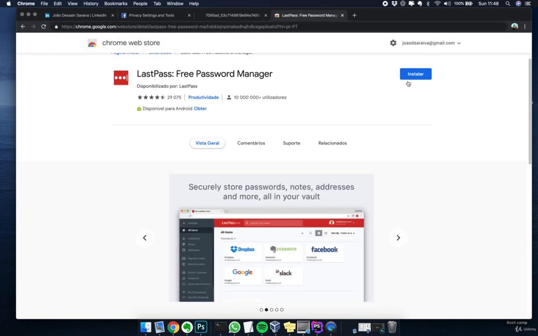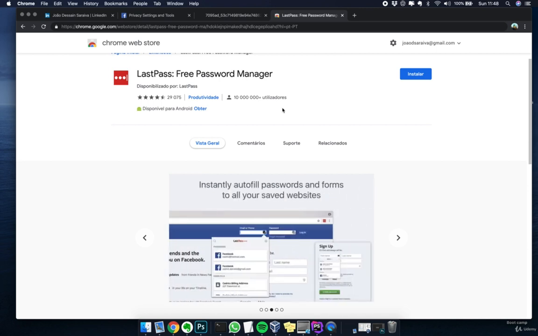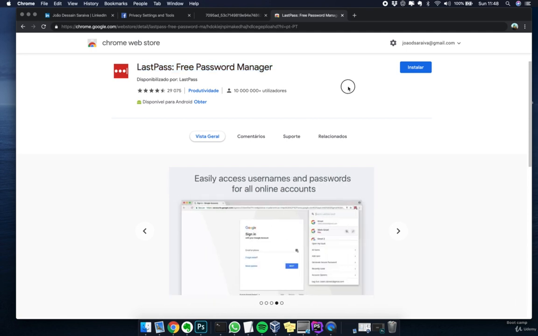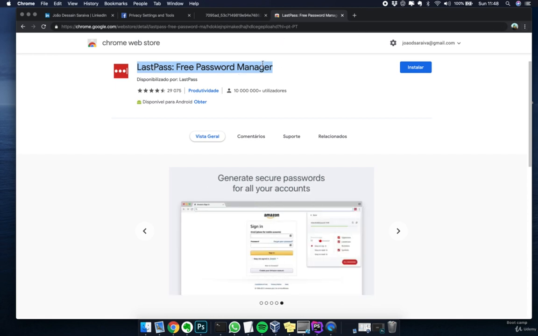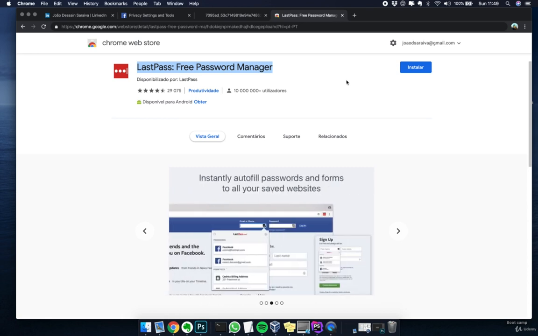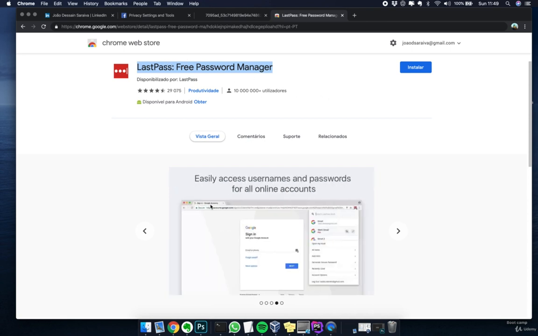Bottom line is we allow the browser to generate the password. However, this plugin will save the password, meaning that we only need one password for the plugin to enable the other passwords. This way, we don't know the real password because the browser did it for us. However, we know this master password that allows us to access the several services online. And this can also be a really interesting solution in order to secure our passwords and services even more.